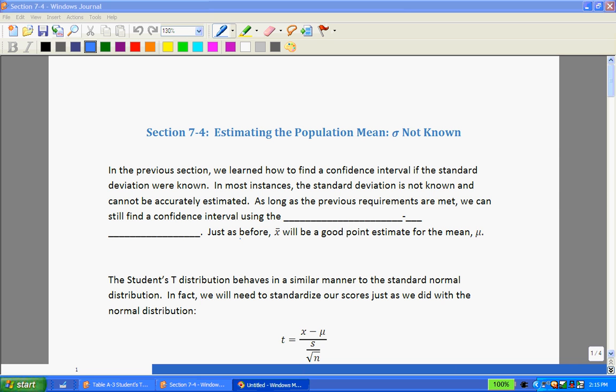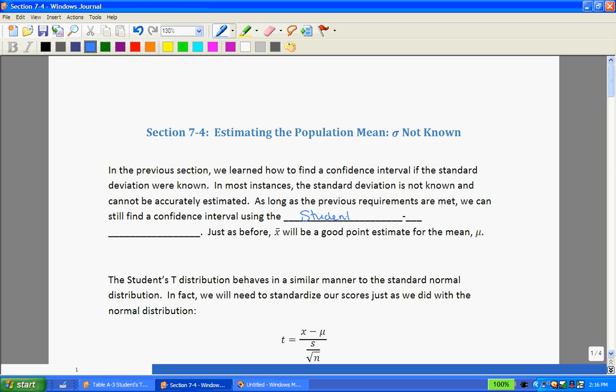Section 7.4, Estimating the Population Mean, Sigma Not Known. In the previous section, we learned how to find a confidence interval if the standard deviation were known. In most instances in real life, the standard deviation is not known and usually cannot be accurately estimated. As long as the previous requirements are met, we can still find a confidence interval using